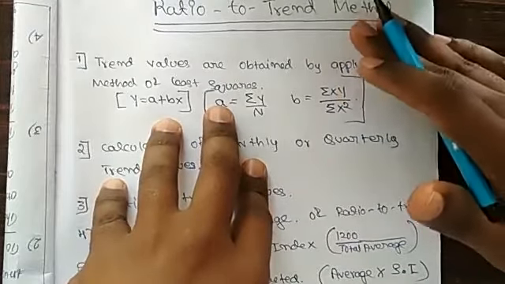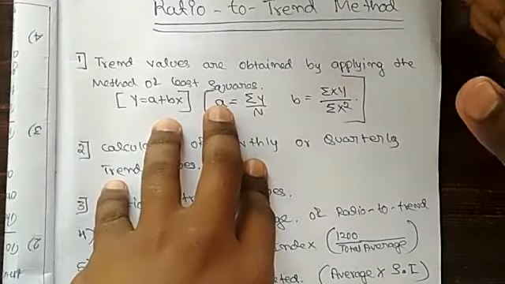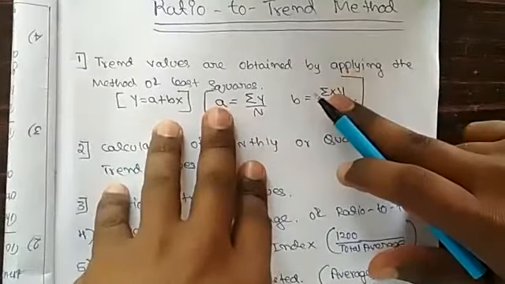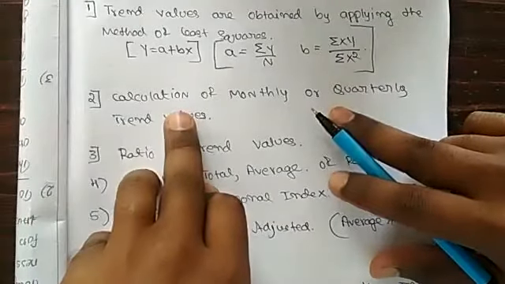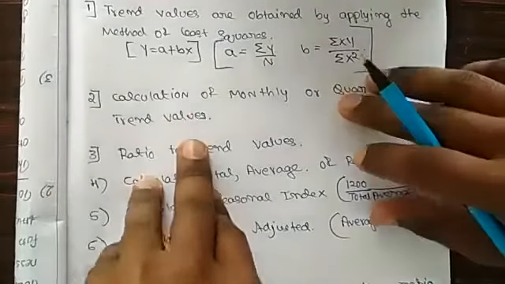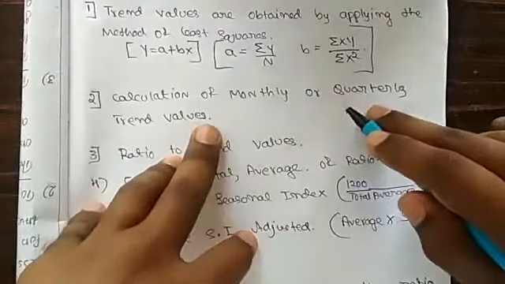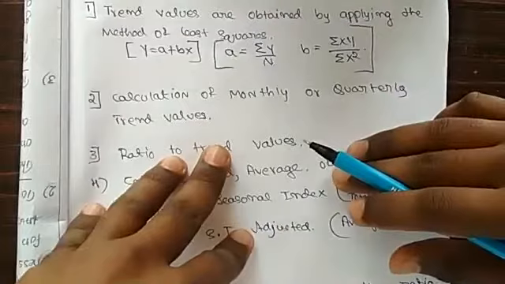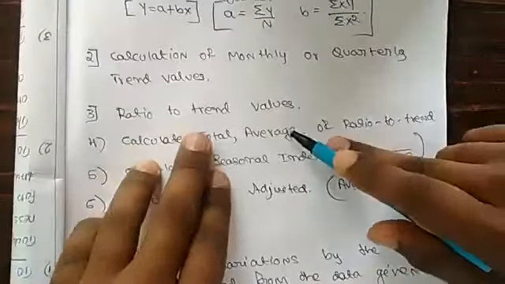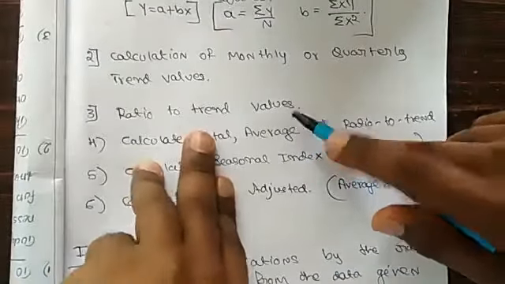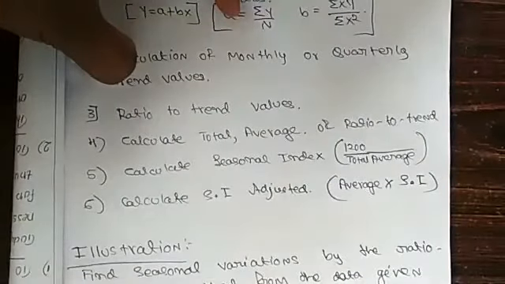We cannot calculate trend values for quarterly or monthly data directly. Therefore, if they give data for quarterly or monthly, first convert it into annual data and calculate trend values. Once you calculate trend values for annual data, in the second step you calculate the trend values for monthly or quarterly. So again, we have to convert those trend values into monthly or quarterly. I will explain how to find them with an example. Once you have calculated the monthly or quarterly trend values, we calculate the ratio to trend values, that is, the percentage of seasonal index to total trend.